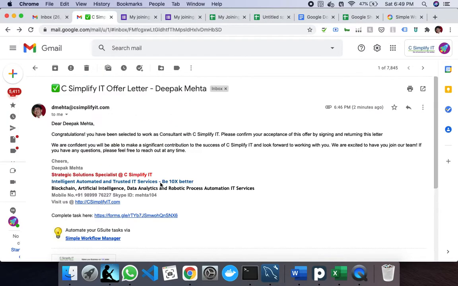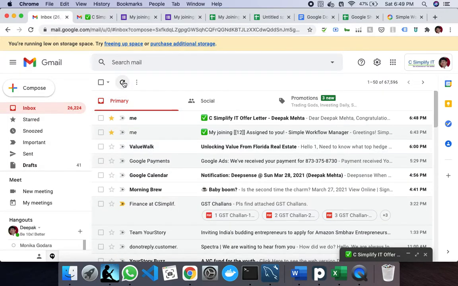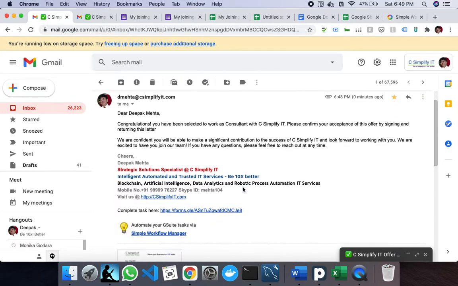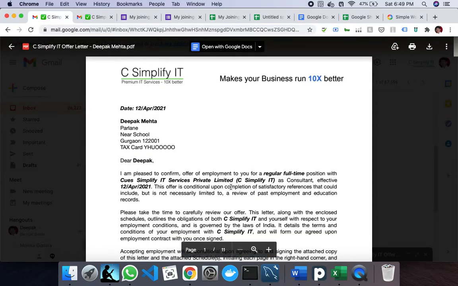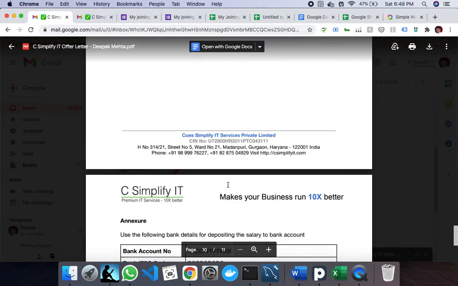In the first trigger step it will not send me that, but it should send it for the joinee. Okay, I believe my letter is here. So you can see that Deepak Mehta, congratulations, you are selected, and I have received my letter. Whatsoever the manager has approved, now I can see my letter.